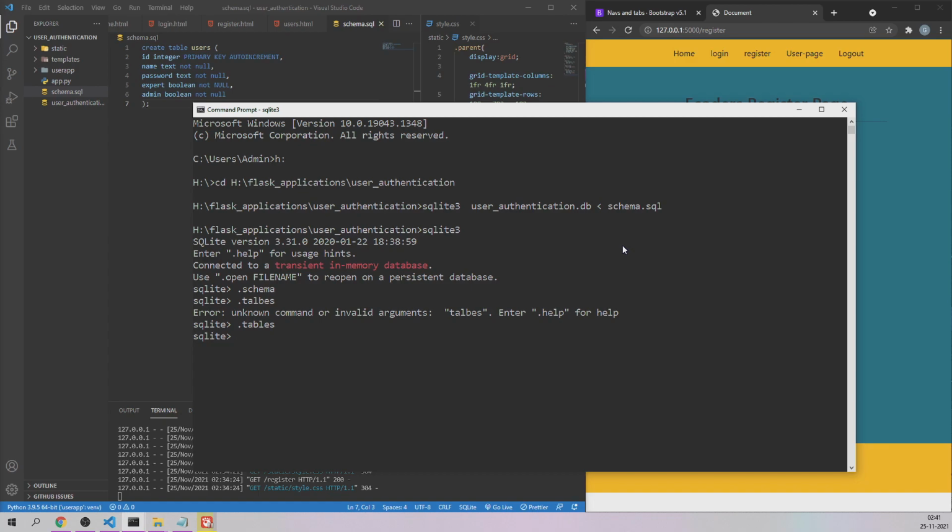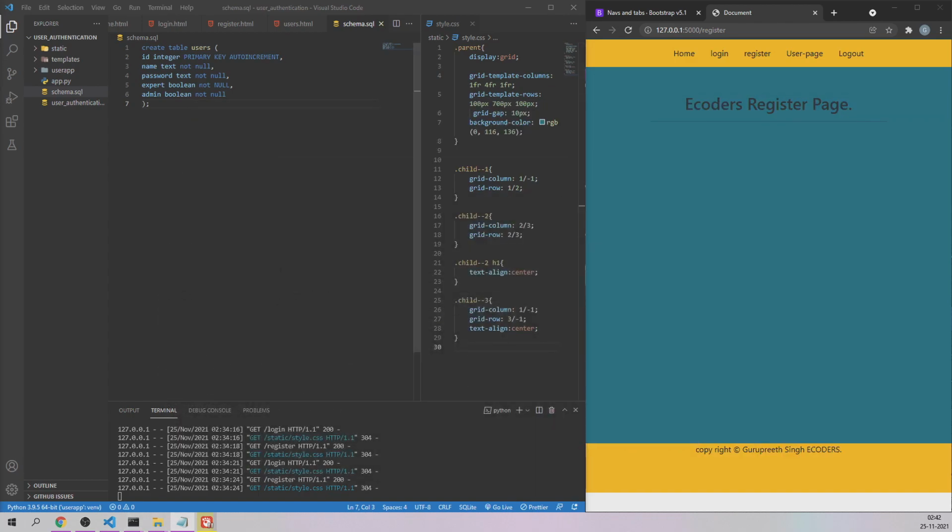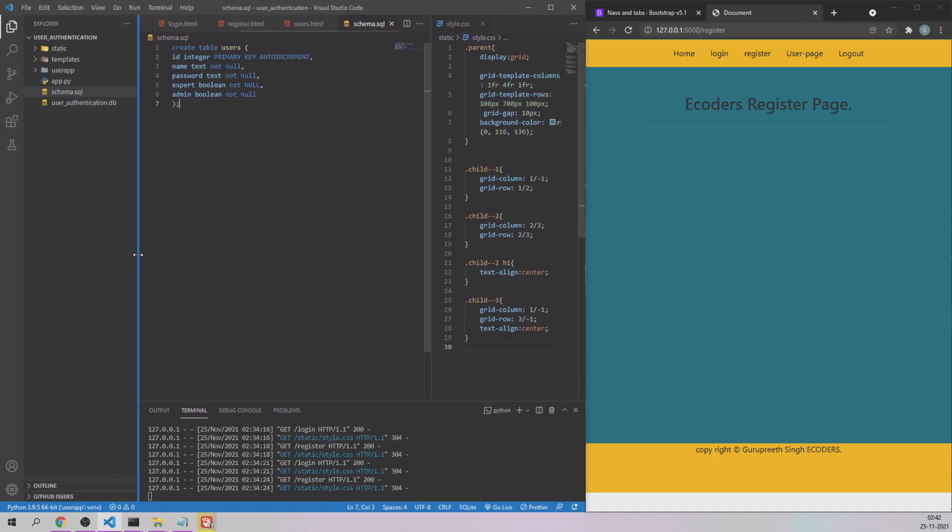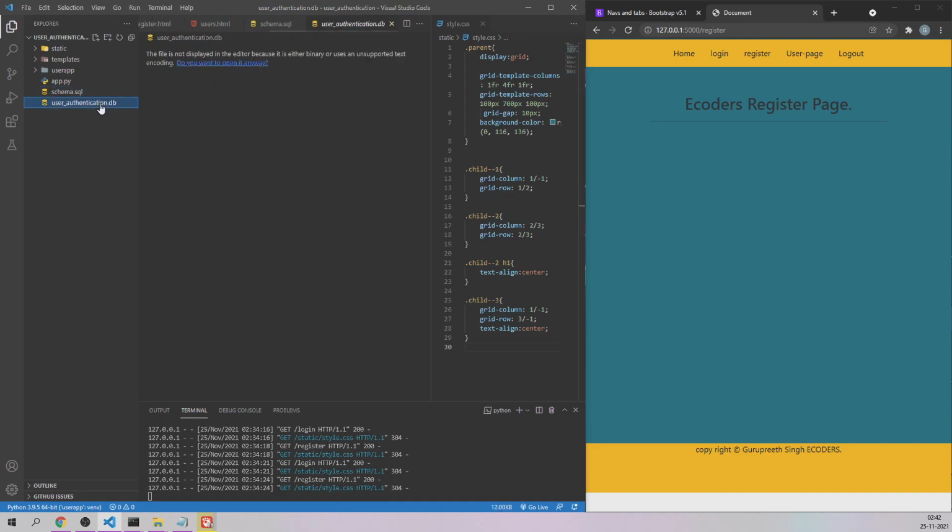As you can see, I don't think we have got any kind of table right now. Let's try .schema once. Let me close this file. Right now we have our database ready with us, user_authentication.db.